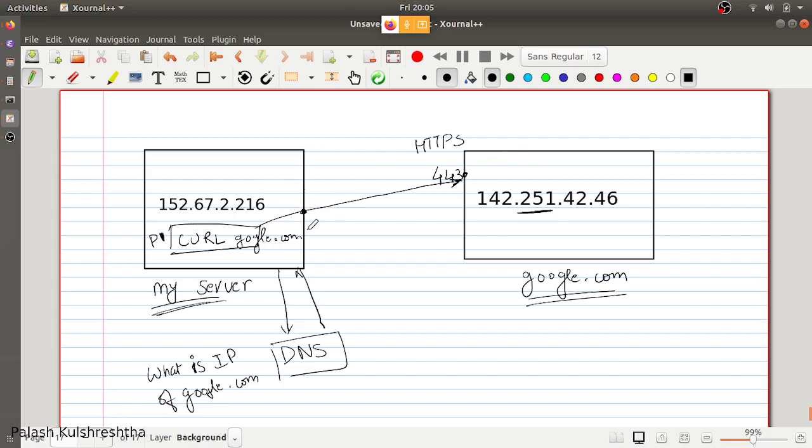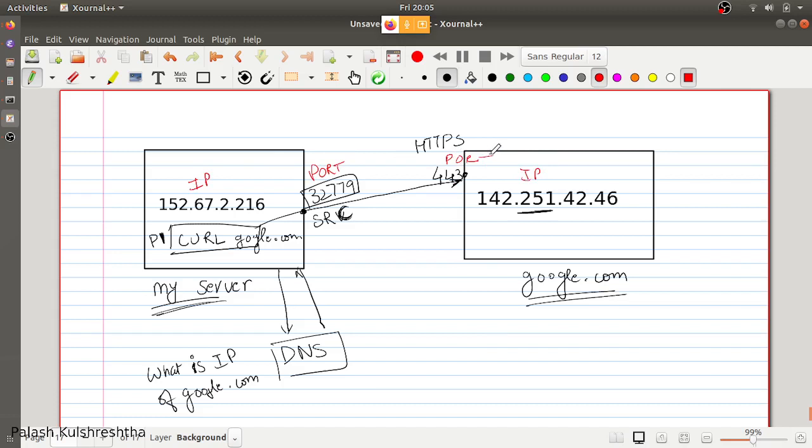So this is the source port. For example, this P1 was, let's take, 32779. All the communication between two servers is done from one IP address and port to another IP address and port.